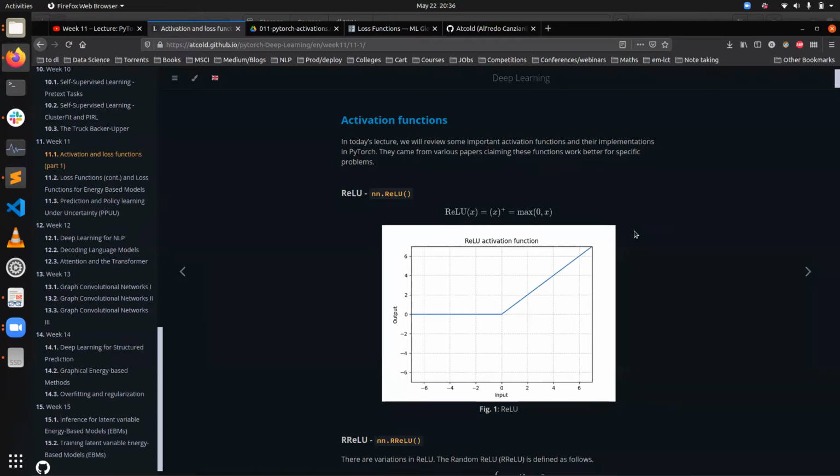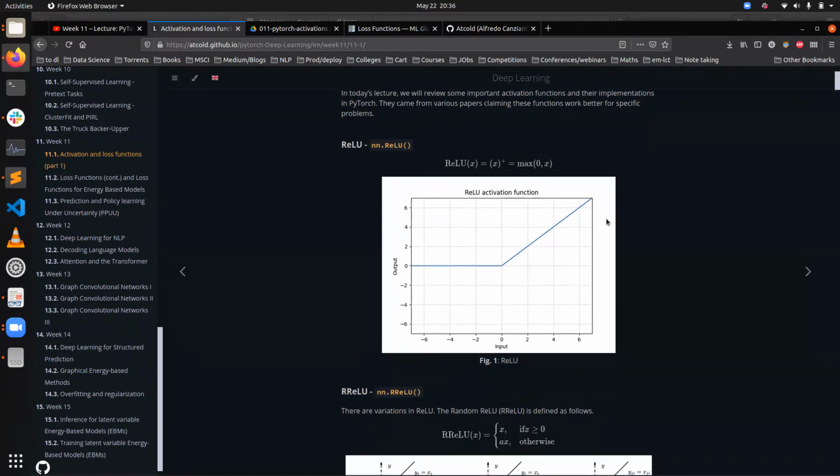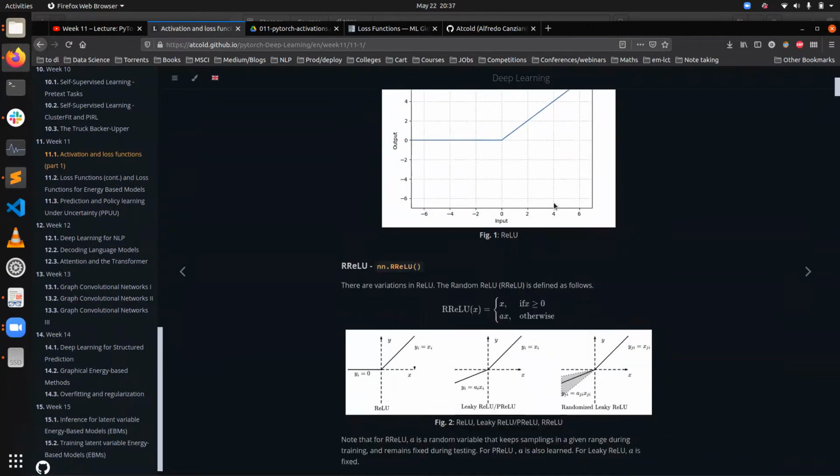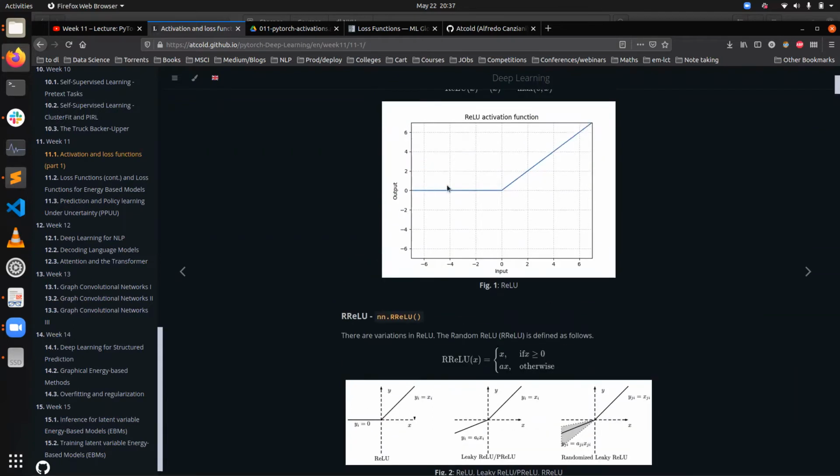And then there are a bunch of variations of ReLU, where this bottom part is not constant. That's the only difference. The right part is always y is equal to x. They have just done some modifications to this part where they have not made it constant. So those are the variations of ReLU. This part can have a positive or negative slope, or I think some smooth ones are also there.